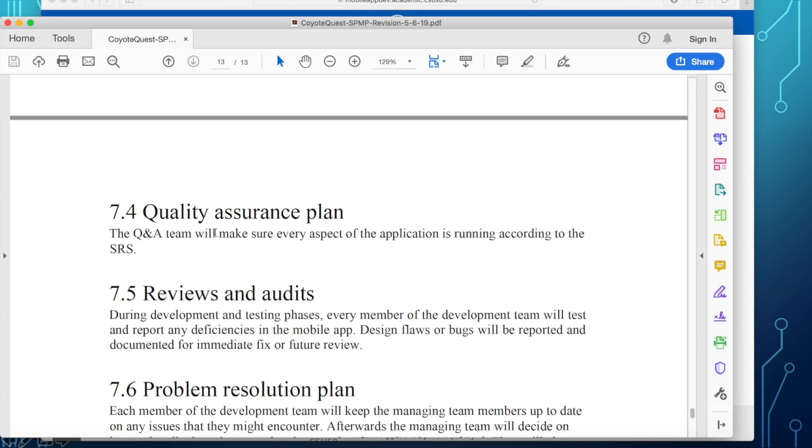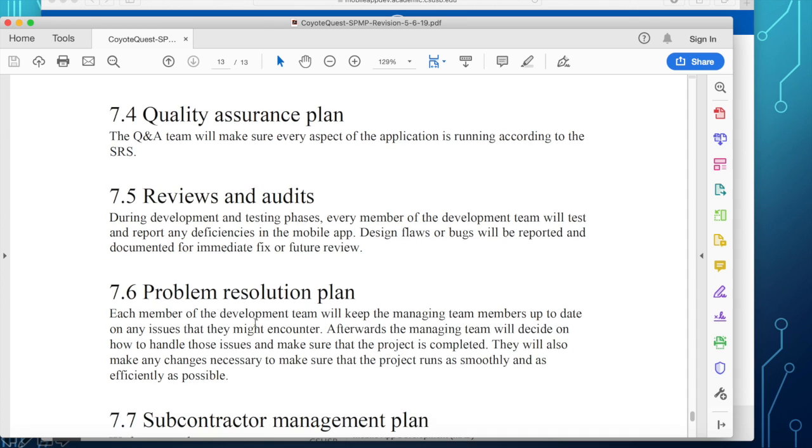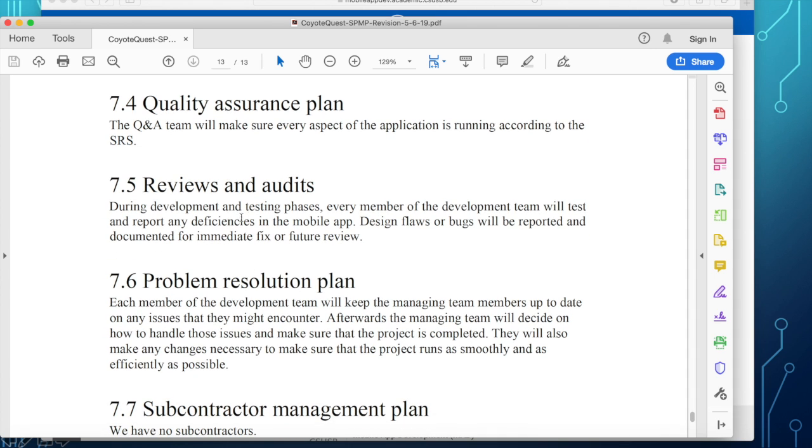Once you deliver your iteration, it should be tested by the QA team. And the QA team will give a copy to the client for the client to actually test it or play with it and give you further requirements.